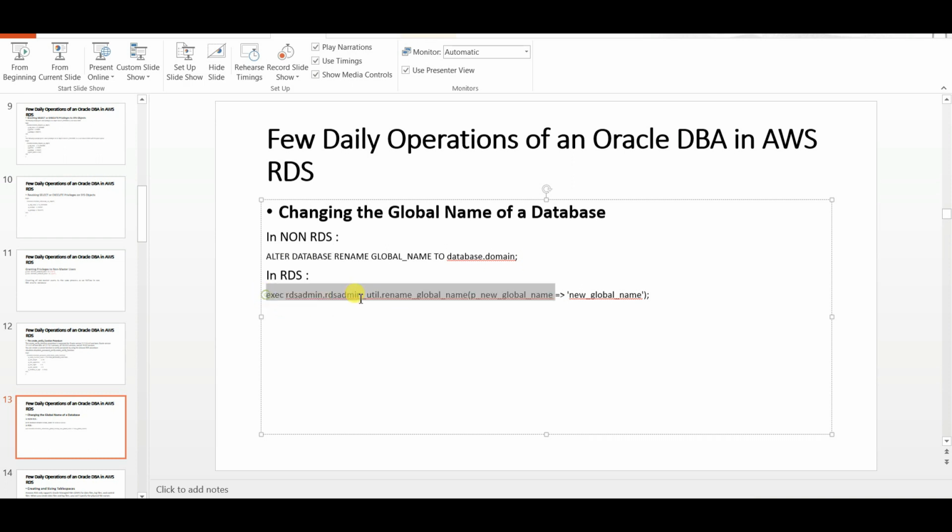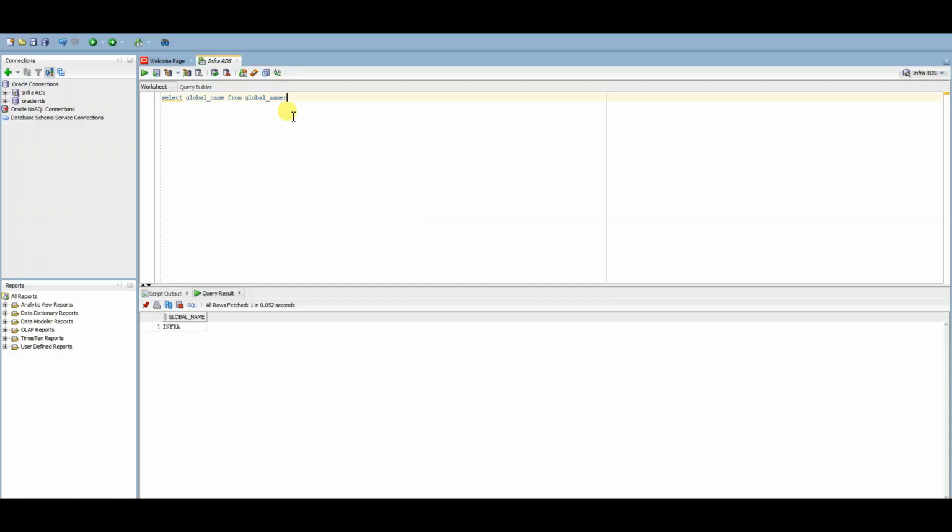But in here, in Oracle RDS, we need to execute this script rdsadmin.rdsadmin_util.rename_global_name, and we need to give the global name in here.